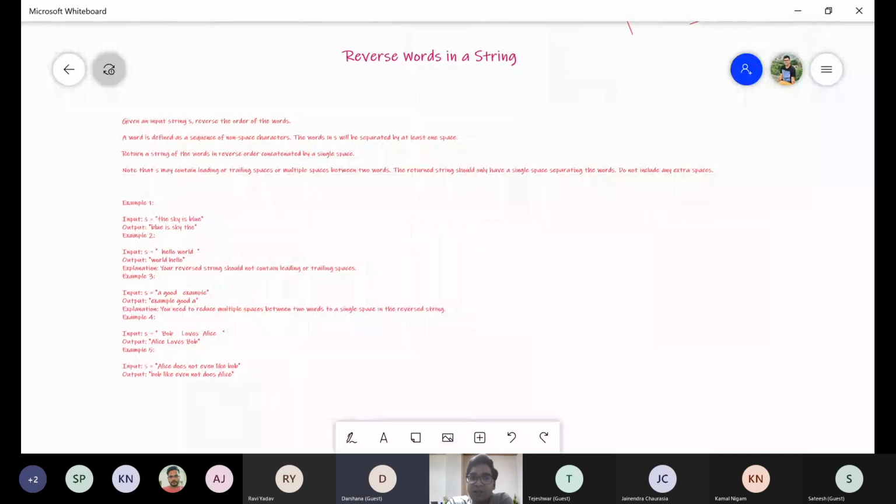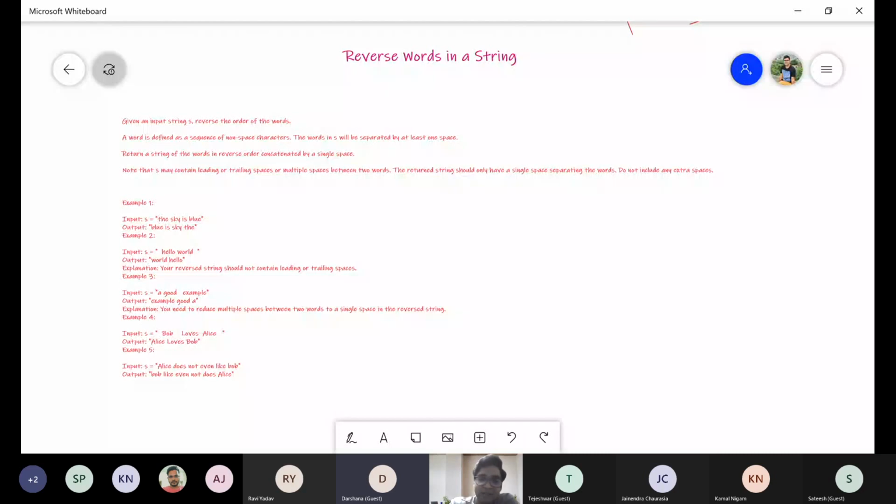That was the question. Now, to add more difficulty, the question says there may be a leading space, there may be a trailing space, and there may be multiple spaces between words. But in the output, you should have a single space between words and no leading and no trailing space.